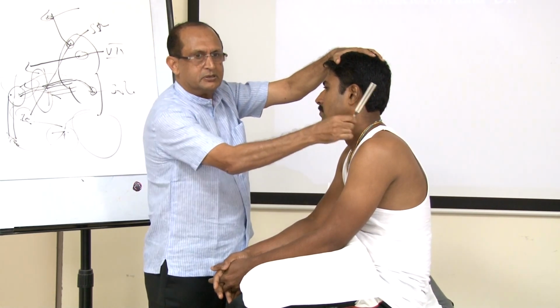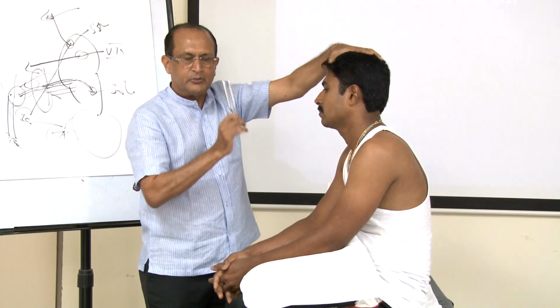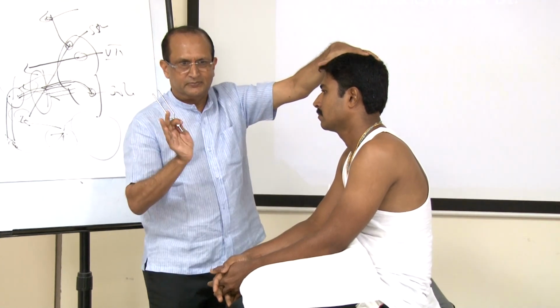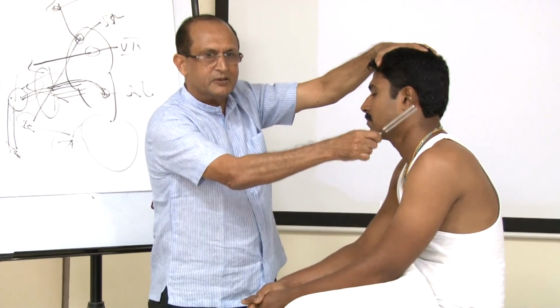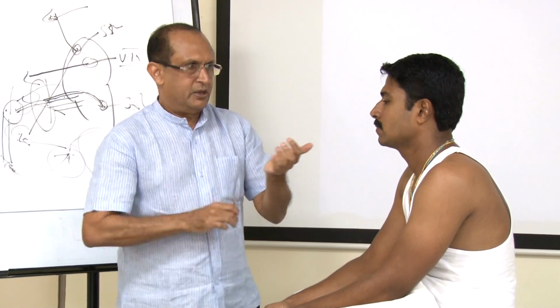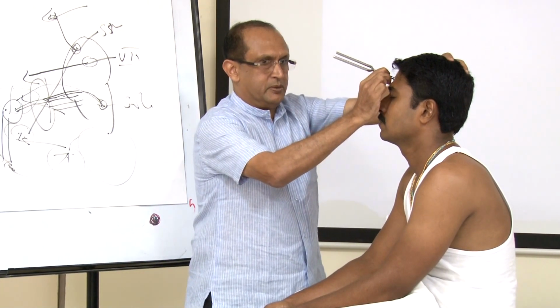If the air conduction is more than bone conduction, then you know either the patient has got a sensory neural hearing defect or the normal hearing. But if this happens in the defective ear, then you know this patient has got a sensory neural hearing defect. Then you do the Weber's test. Weber's test.